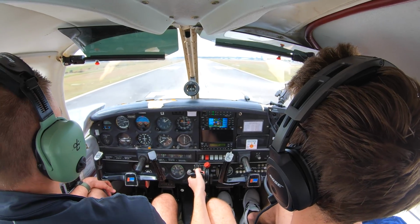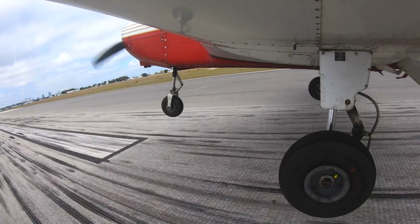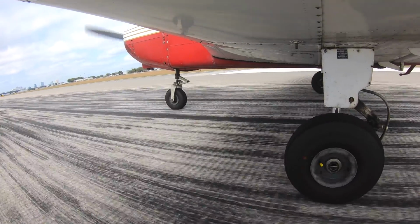Right. Alright, center line. Let's go. Let's give this a nice little touchdown if we can. I'm just going to keep holding it and see if I can get the stall warning going. That's a little balloon. There's the warning. There it is. A little bit heavier than I usually do, but...